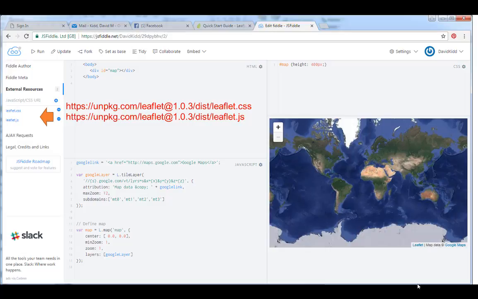For the links to the Leaflet CSS and JavaScript files, because I don't have local Leaflet files on JS Fiddle, you just press that plus, and then paste in the web address of the CSS or JavaScript file you want referenced, and they get automatically loaded up here. So these are the web addresses of the Leaflet CSS and JavaScript libraries that are provided by